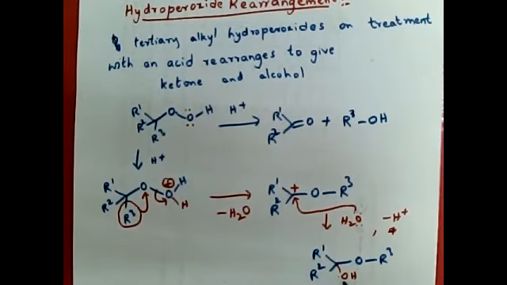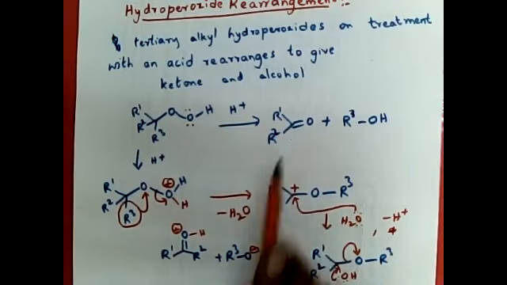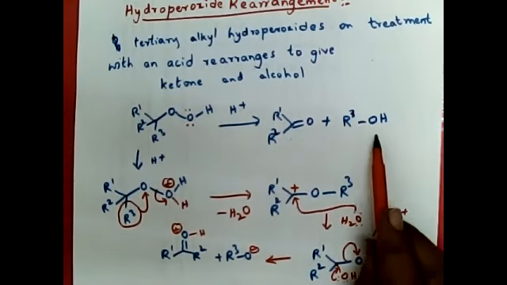Now the lone pair of electrons on this alcoholic oxygen will be polarized towards the carbon so that it generates a carbon oxygen double bond. Now this OR group, alkoxide, will be leaving. So what we are getting here is R3O minus. We are getting an alkoxide here. At the same time, we have a hydrogen here. So deprotonation of hydrogen from this will generate the ketone. Protonation of alkoxide ion will generate alcohol.